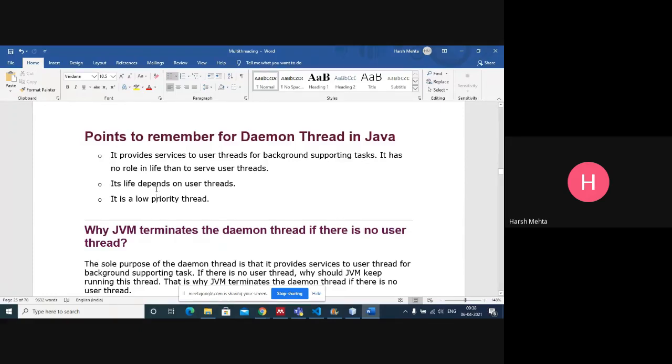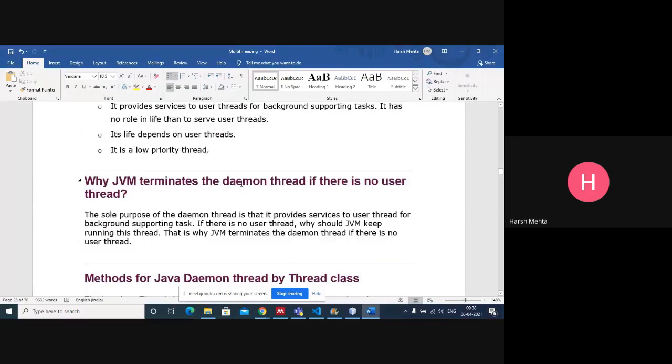So the question is, why does the JVM terminate a daemon thread if there is no user thread? The sole purpose of a daemon thread is to provide service to user threads for background supporting tasks. If there is no user thread, why should the JVM keep running this thread? That is why the JVM terminates the daemon thread.